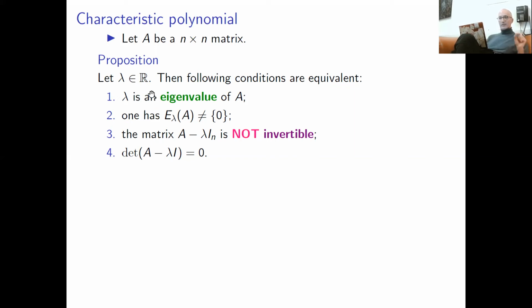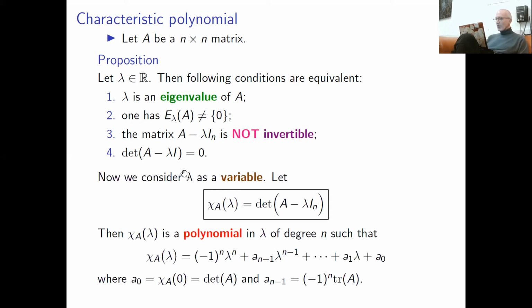Okay. So this is a bit sketchy. I strongly suggest to go over the proof by yourself or read the proof in the lecture notes or in the book. Now if we use these 4 equivalent properties, we can observe that the fourth property is actually very interesting. You see this determinant equals 0, this condition. We can take the determinant of this matrix and expand it using the formula for determinant which we gave in the previous lecture. Once you do this, you actually get a polynomial in lambda of degree n.